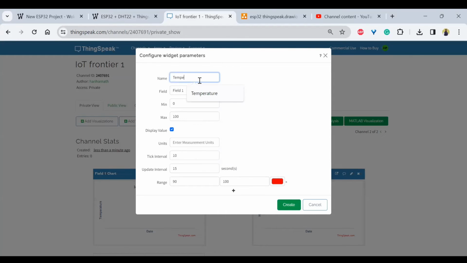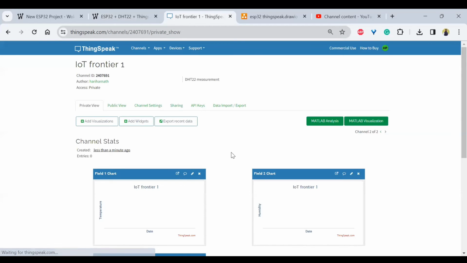So I'll create a gauge for temperature as well, and the field 1, as field 1 is here. So at what range you should see the red color, when the temperature is above 50, then we should see them as a red color. So that's why I'm putting that as well. And degrees I can put Celsius and create it.